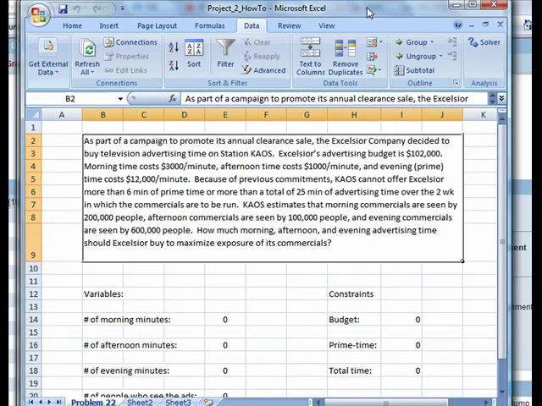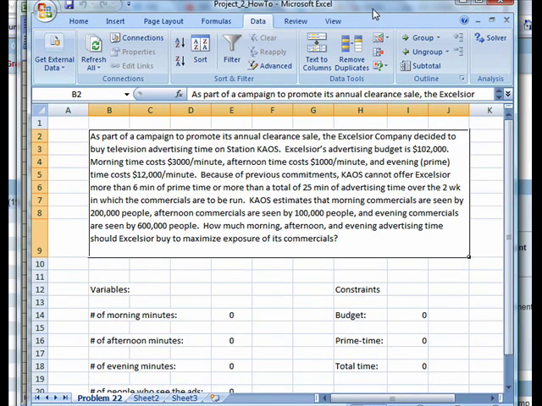Okay, once you have the solver installed, it's the exact same steps regardless of what version you're using or what kind of computer. It's the same. I did it on a Mac. It's the same steps for a Mac as it is for a PC, and it's the same steps for 2007 as it is for 2003. Once you get all those